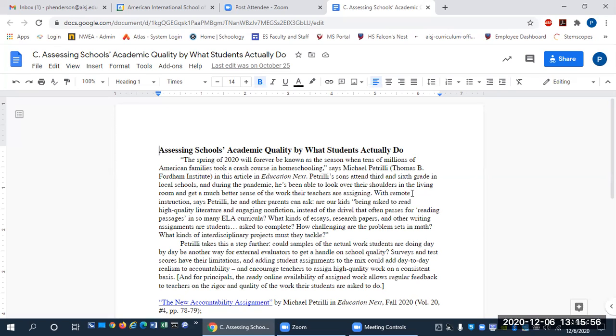The learning progressions we use give a grade 2 answer, a grade 3 answer, a grade 4 answer. So for example, if we asked the student what the character traits were of this